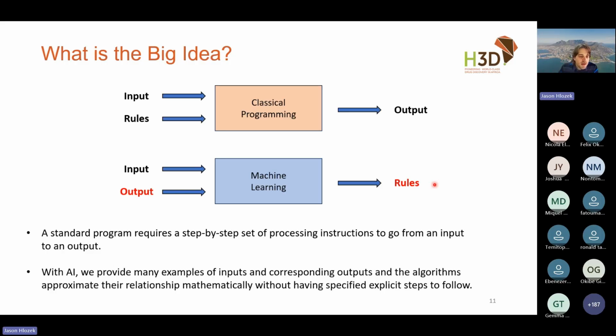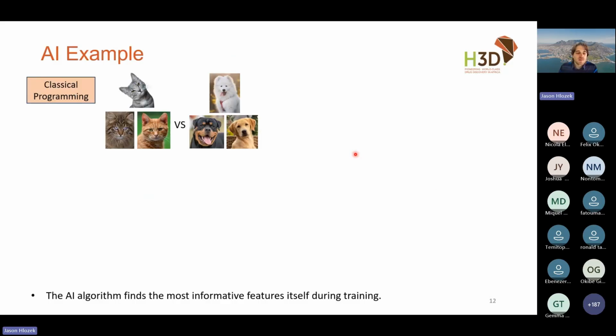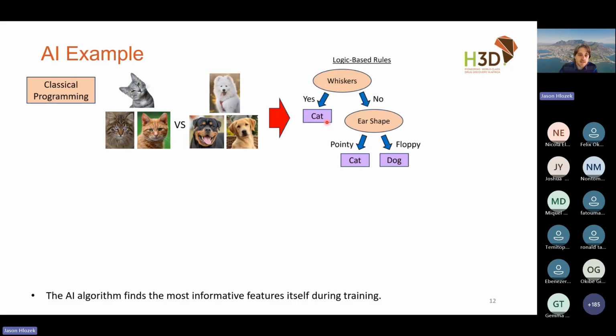So for example, let's move away from chemistry, or drug discovery, for the moment. Let's say I've got a task where I want to classify some pictures of cats versus dogs. If I were to do this in a very classical programming approach, I would have to define some sort of rule structure that I might look at to differentiate these.